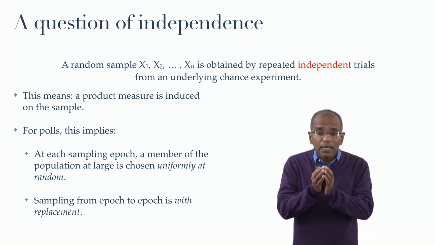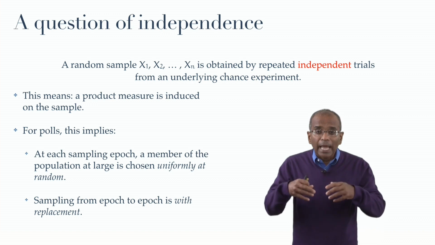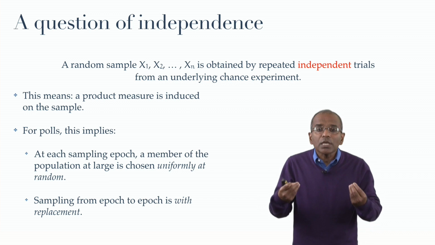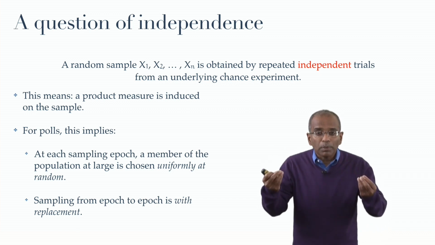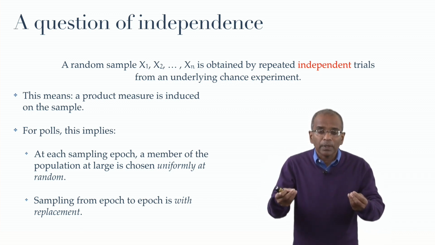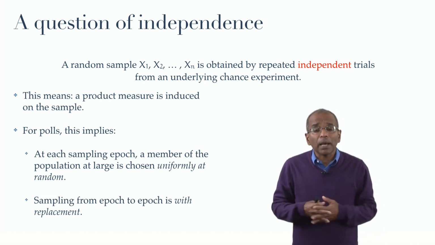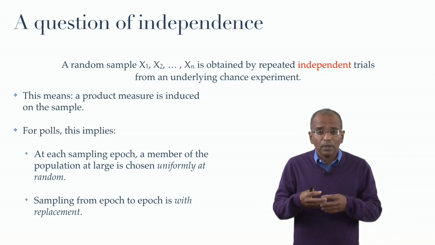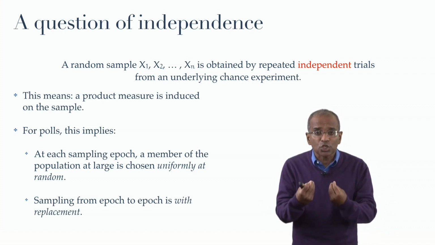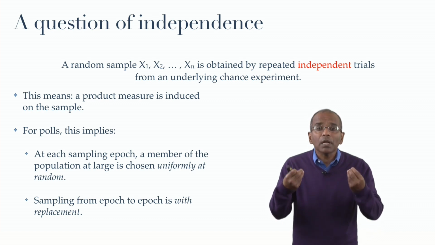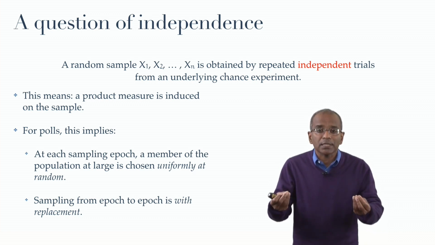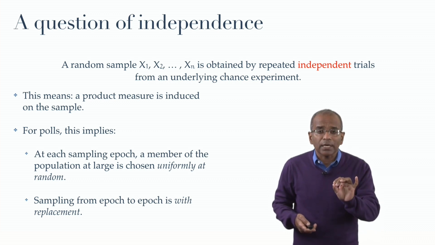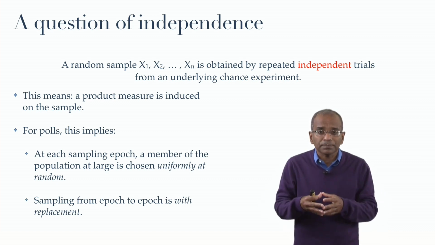So at heart, the idea of independence engenders a product space and a product probability measure where probabilities are obtained by multiplying. If the listener will cast her mind back to Tableau 10, and when we looked at the construction of the binomial distribution, she will realize that at the heart of the construction was a simple multiplication of Bernoulli probabilities. So this is the first key central idea in the notion of a random sample.